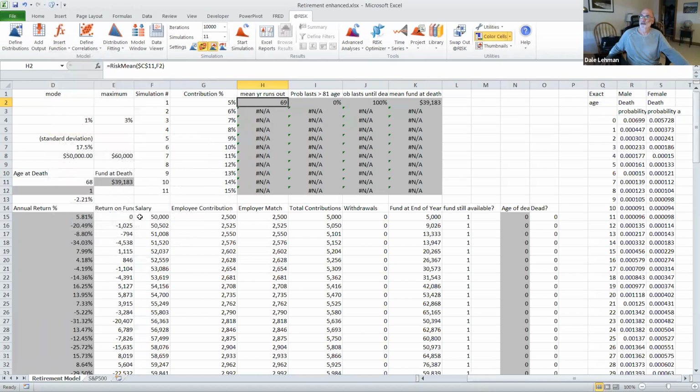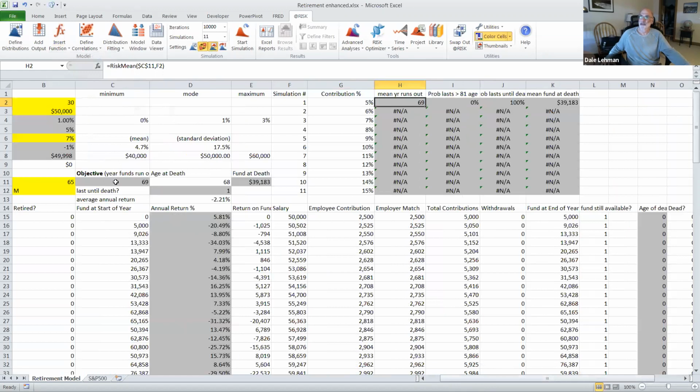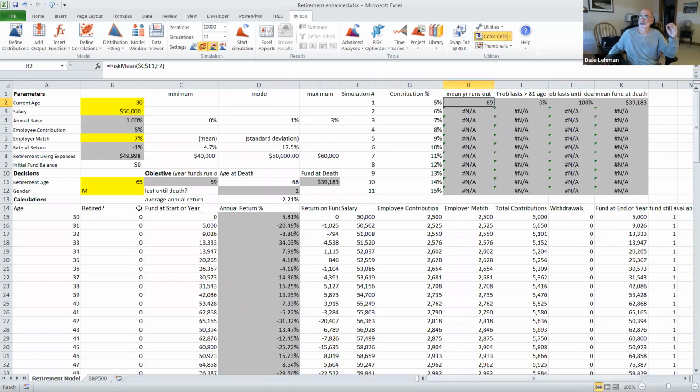I want to know the mean of cell C11, which is the year fund runs out. Then I have a comma F2, and that's where I put the simulation number here, because the other thing we're going to do, once we put the employee contribution as a sim table, I now want to tell @RISK